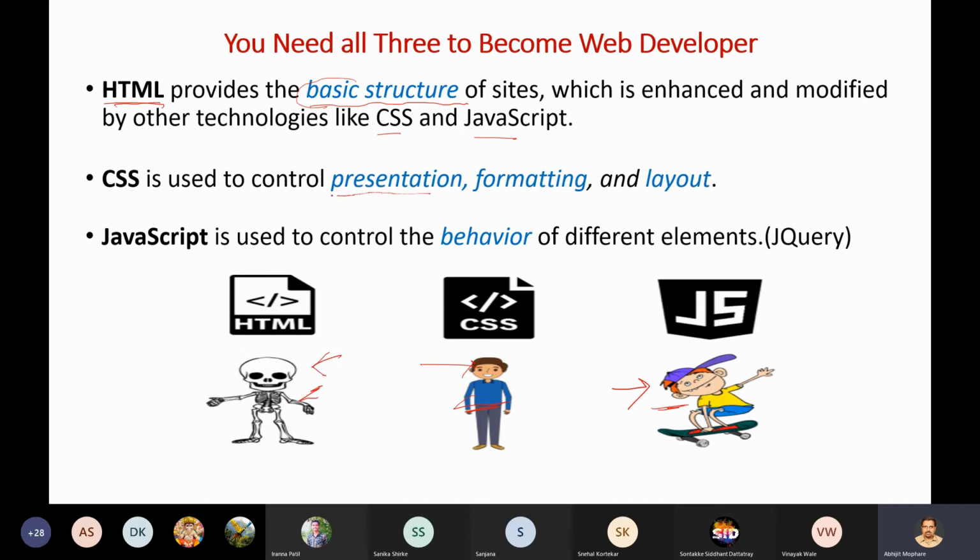And normally we have to design the look and feel of that particular screen, or you can say page or a document, right? So that is presentation, formatting, and layout. These are the three things that you normally control with the help of CSS, right? So presentation, what presentation components do you have? You have color, then bold, italic. So if you have a text, then you have a color and something like that.